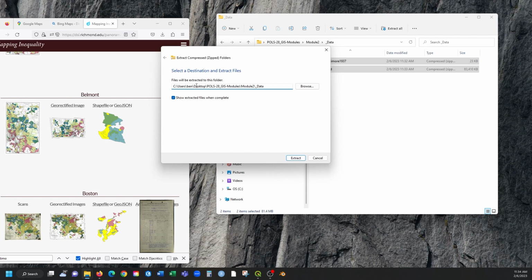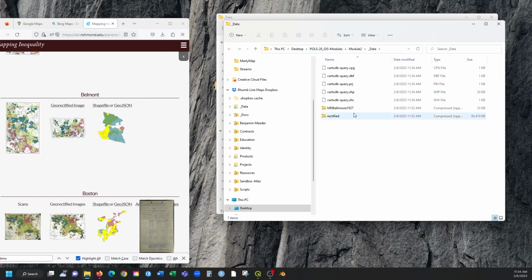So this is called a UNC. This is a file pathway. And I'm saying, in this folder, under Module 2, under Data, please put all of the extracted files there. So I hit Extract, and I come back up here,